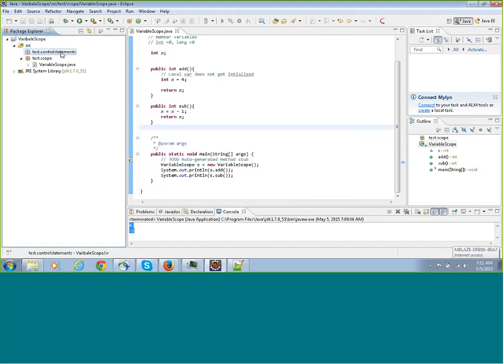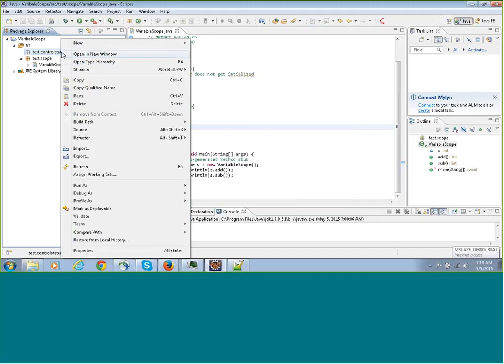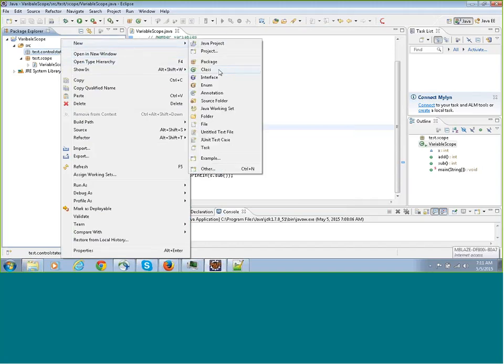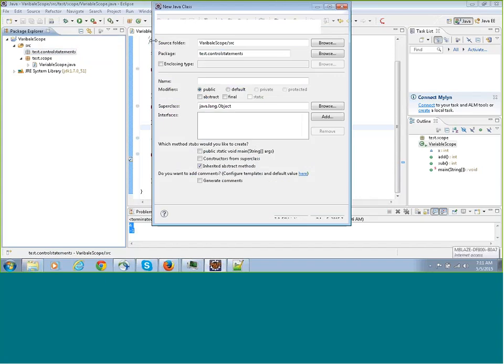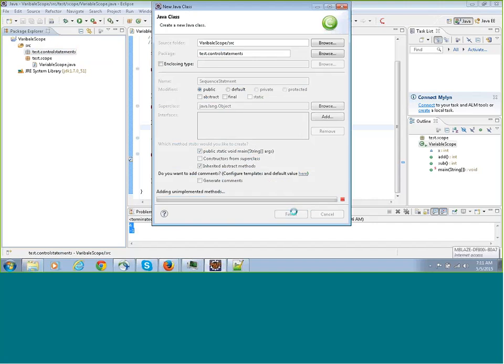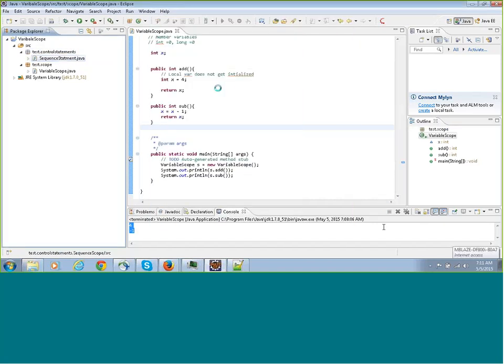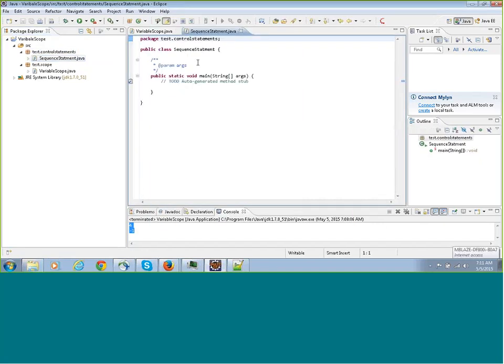No. I have created a package called test.controlstatement. Okay. Now I'll create a class here and let us talk about the single or the sequence statement. I want to generate this public static void main. So basically there are three types of statements which any programming language can provide you, except